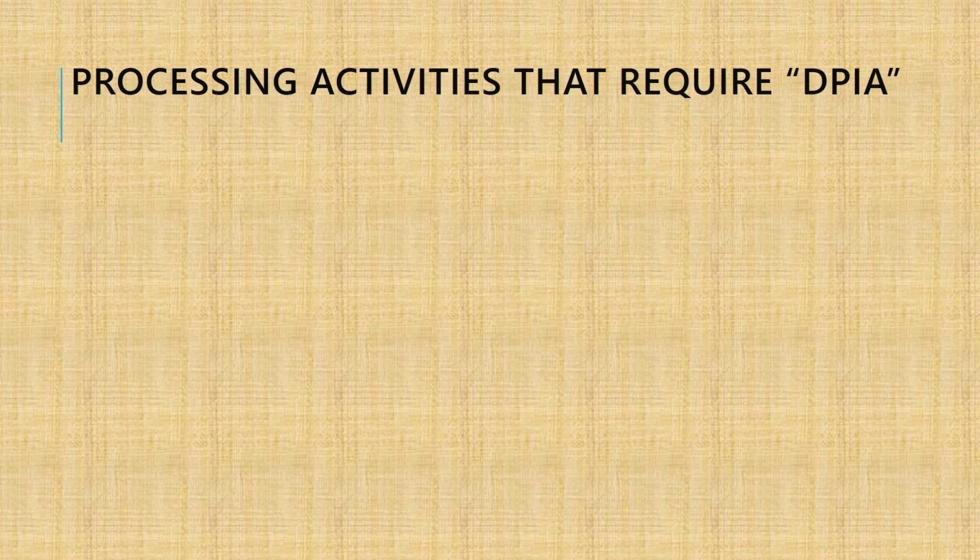This means that not all processing activities require a DPIA, only those that meet certain criteria. The GDPR provides a non-exhaustive list of processing activities that are likely to result in a high risk and require a DPIA. These include